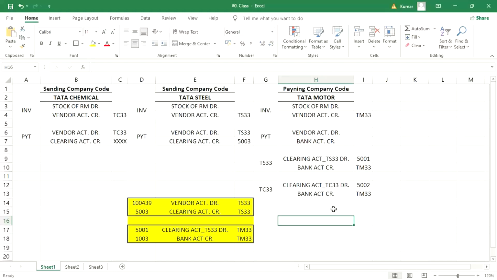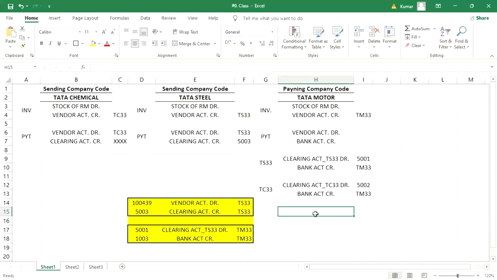So what is the configuration required for the sending company, right? Only one configuration is there, guys. Apart from this, the remaining is not required, because the payment method in country, bank determinations, house bank is not required. Why? Because the paying company code is something else, right? So here what is happening? Sending company code, paying company code means one additional configuration we have done, and apart from this, the clearing GL